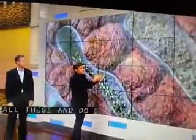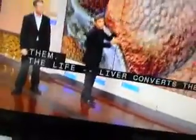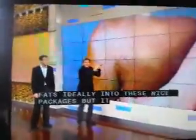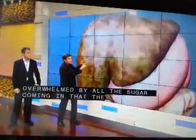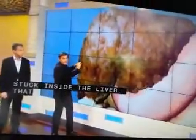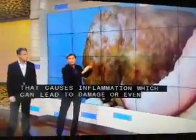It converts the fats, ideally, into nice packages, but it can't send them out. It gets overwhelmed by so much sugar coming in, so the fat gets stuck inside the liver. That fat causes inflammation, which can lead to liver damage, or even this, cirrhosis. It's a big cascade. Now, this is an animation, but let me show you what